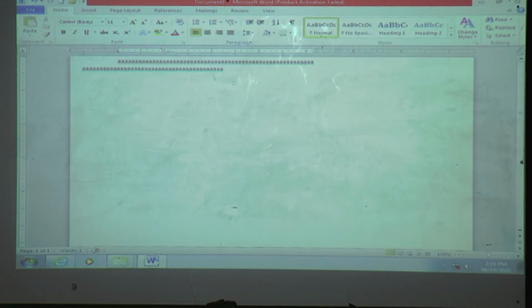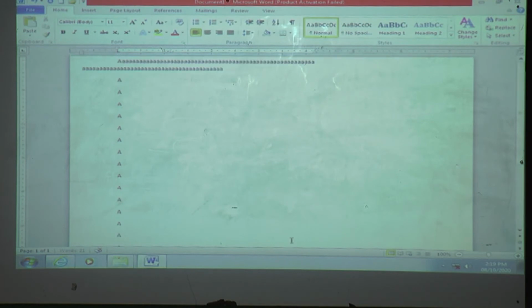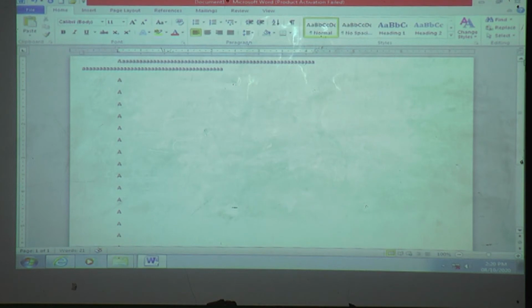Now we will see here also. Up, down. Suppose I write downside only. Now if you want to see about the downside, then which scroll bar is useful? Yes, we require the vertical scroll bar.